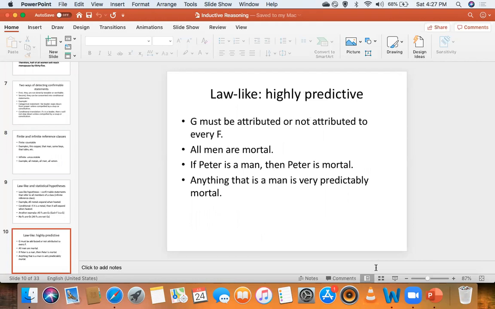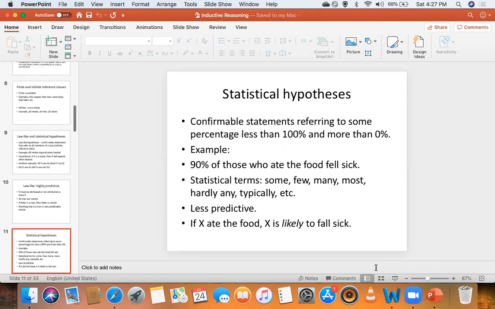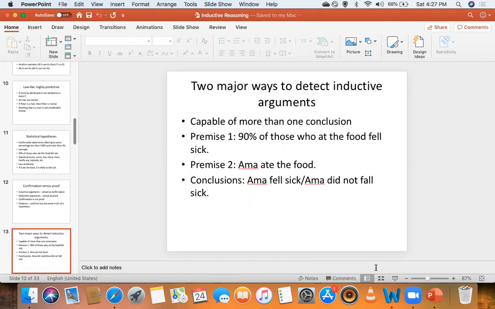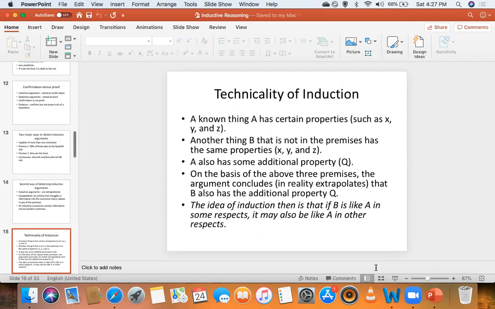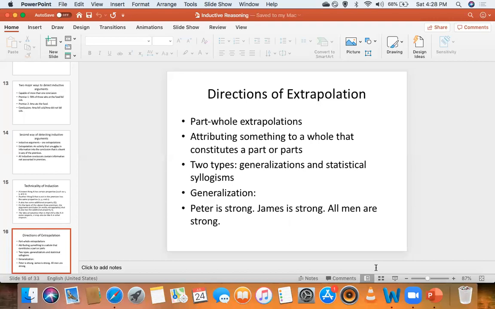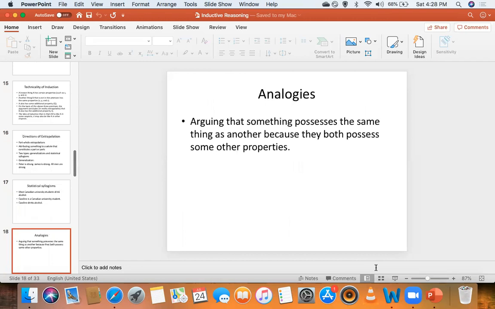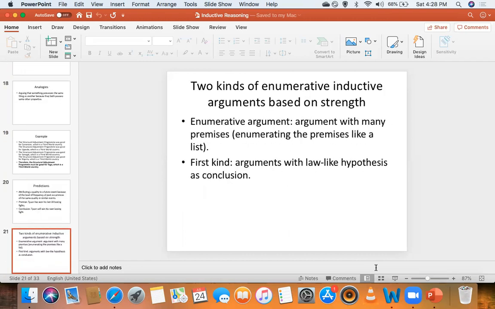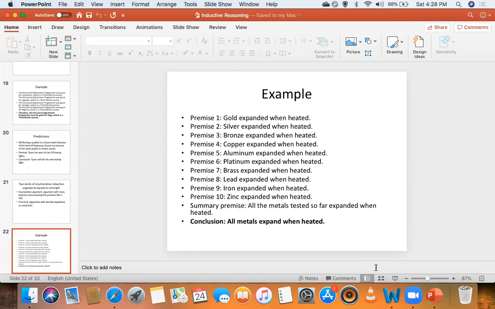We say the law-like are highly predictive, more than the statistical. And then we saw how to detect inductive arguments. We said inductive arguments are extrapolations. We saw different directions of extrapolations. We saw path-hole extrapolations. We saw generalization. We saw statistical syllogisms. We saw analogies. We saw predictions. And then we looked at the two kinds of inductive arguments based on strength, or based on